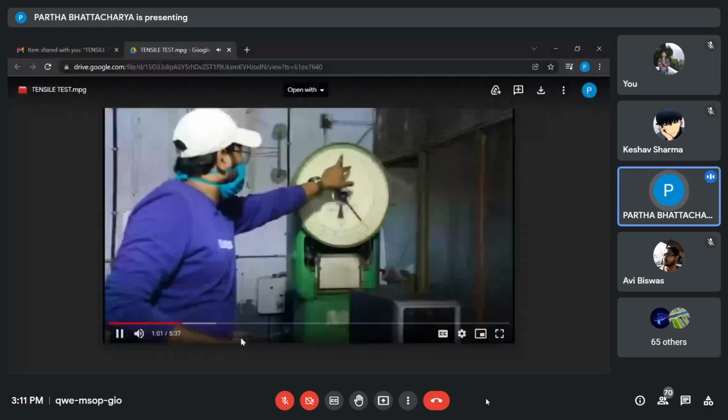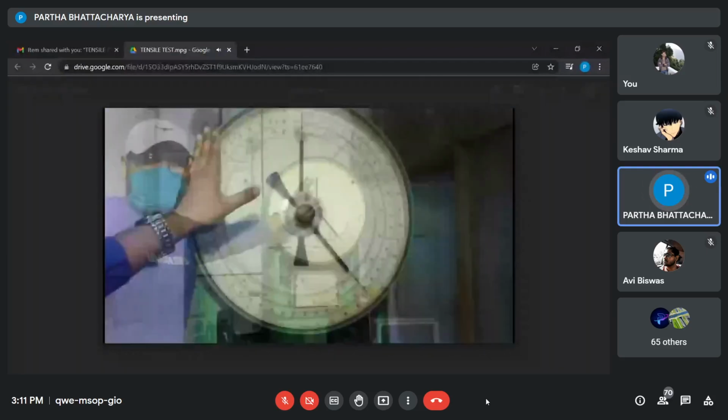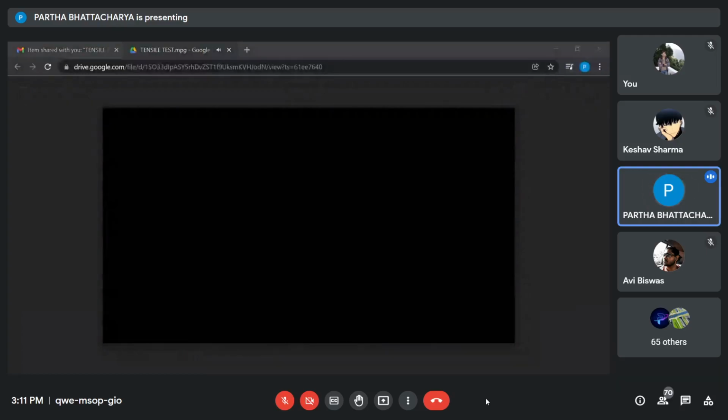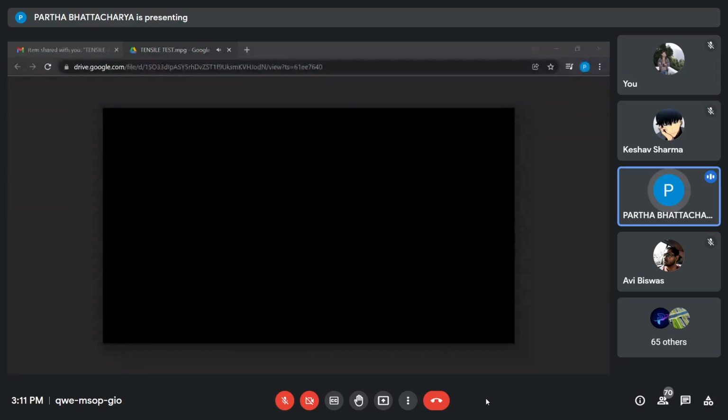So here you can see this is the load dial. You can see there are three types of scale. Type 1 is called A, then type B and type C. The least count of type A is 0.05 torque. The least count of B is